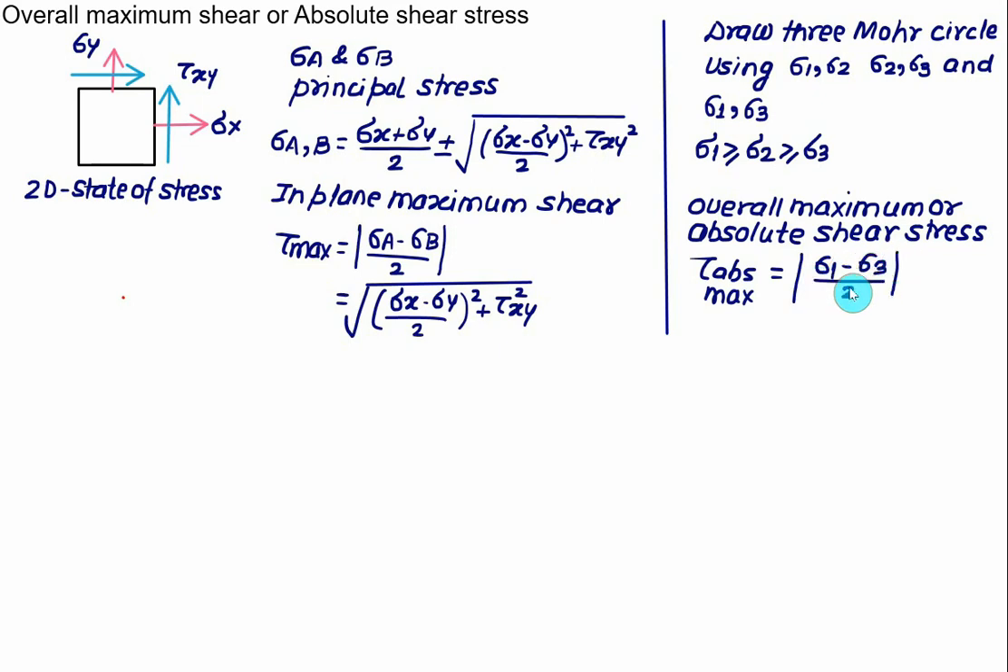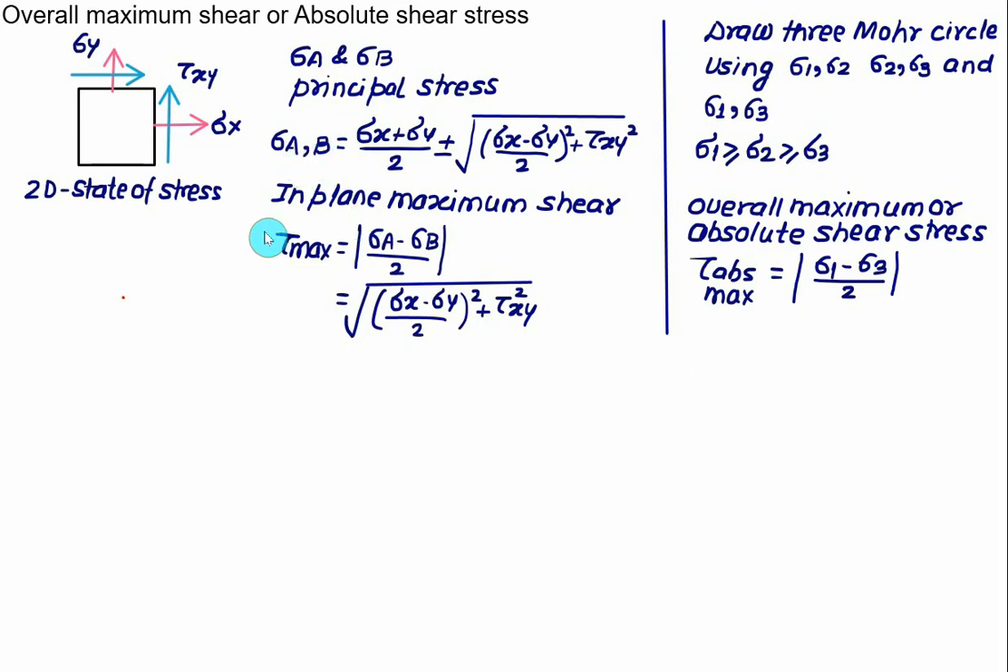So this one is a universal definition that I am going to use. For this purpose, we have to arrange the order as sigma 1 is greater than or equal to sigma 2 is greater than or equal to sigma 3. To get this concept clear and to have a clear distinction between the in-plane maximum shear and the overall or the absolute shear stress, that is the value of tau max and tau absolute maximum, we'll discuss here the three cases. And we'll see here how to assign the value of sigma 1, sigma 2, sigma 3 to sigma A